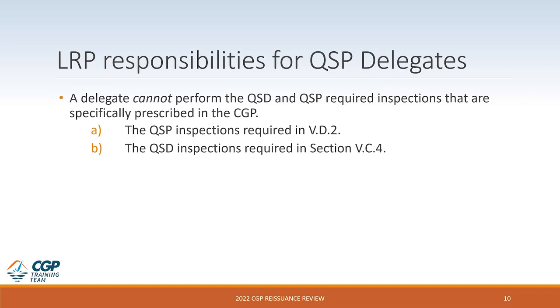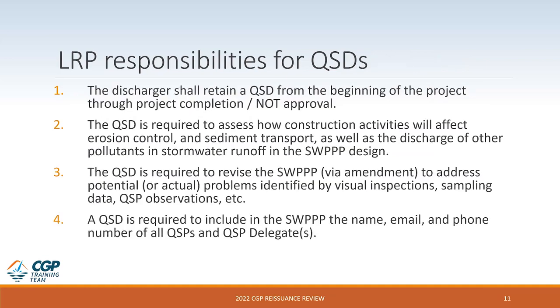The delegate cannot perform the QSD and QSP required inspections that are specifically prescribed in the CGP. The QSP inspections are in section V.D.2, and the QSD inspections required are in section V.C.4. Now, when it comes to QSDs, the discharger shall retain a QSD from the beginning of the project through